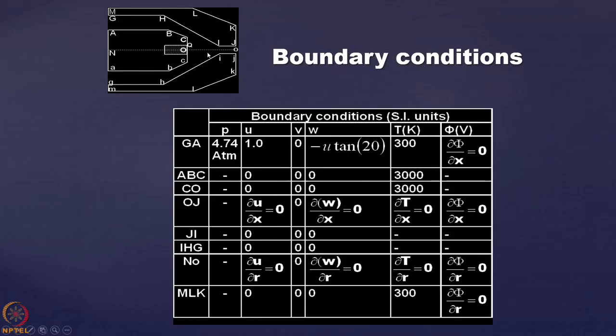Now you know that here where it is emitting, there is a rectangular box around the capital O. This box usually represents the hafnium insert for thermochemical cathodes. So a small pin of hafnium is inserted here, which actually emits the electrons. So this zone, this O and the adjacent one, that is Q, OQ, you need to define the profile of the current density. How do you know that profile?